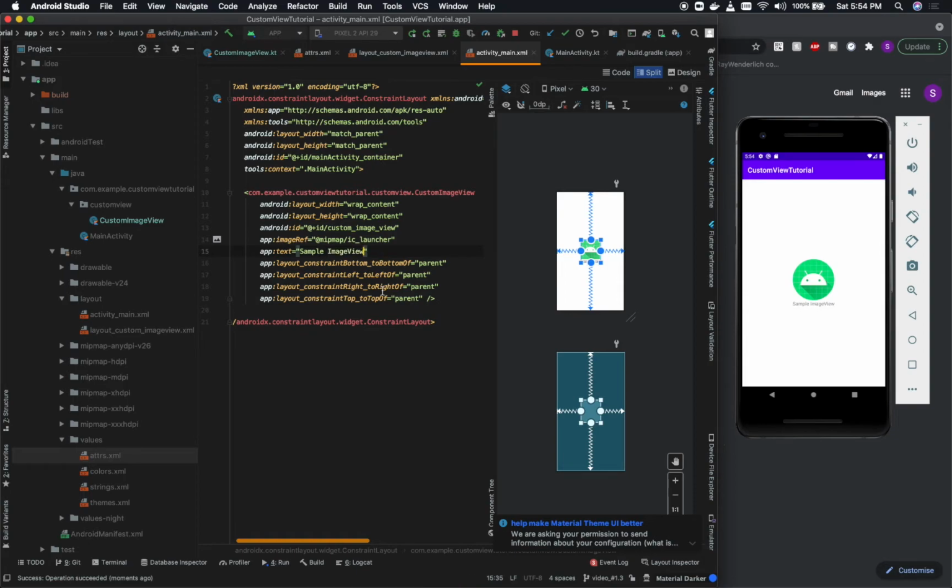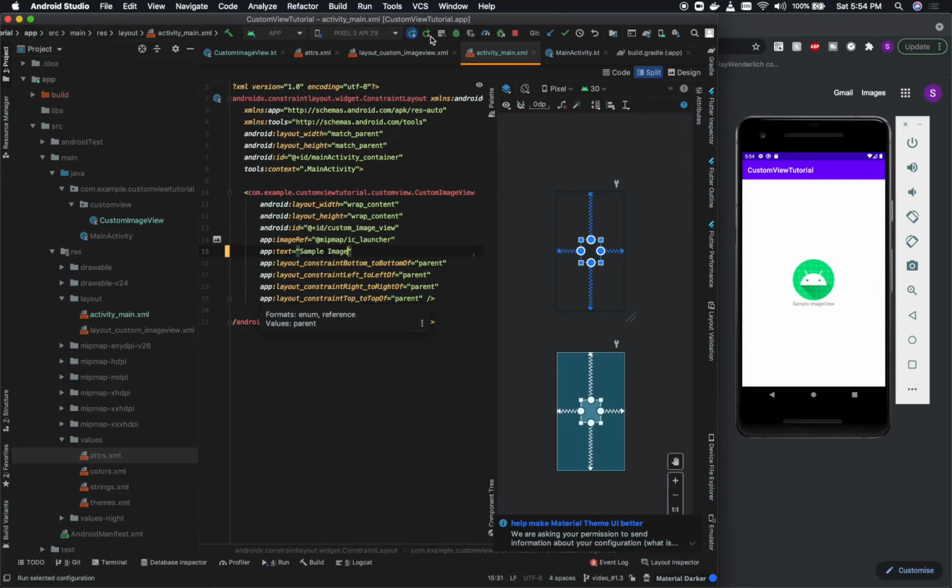If I just change this to sample image, and let me rerun the app. Let me just apply those changes once.